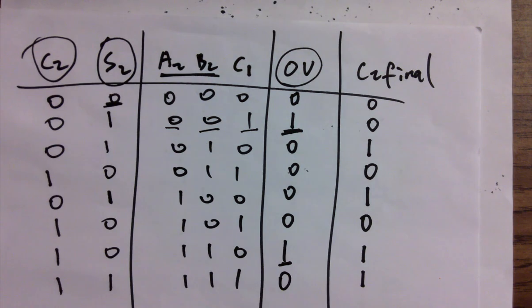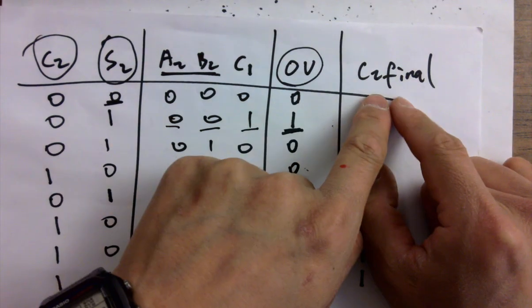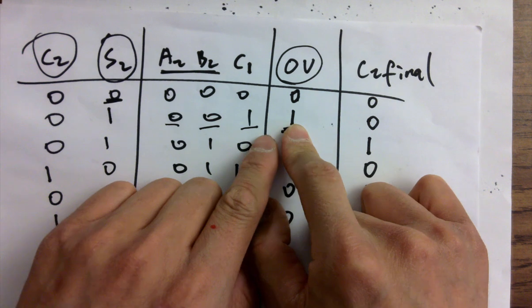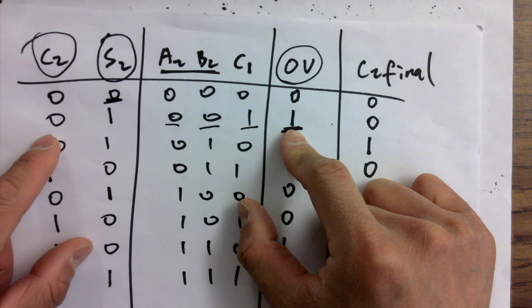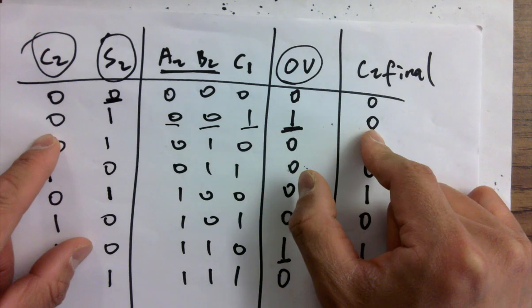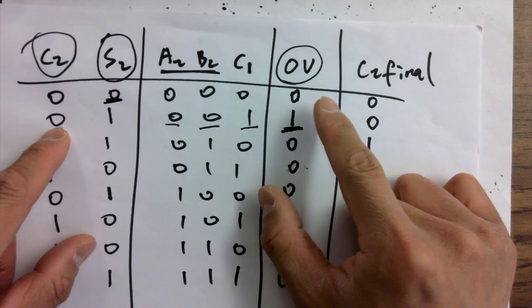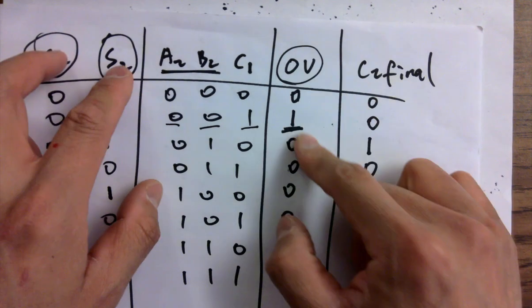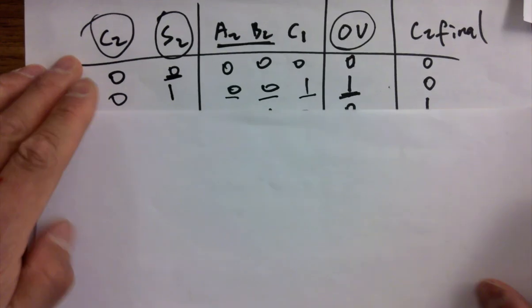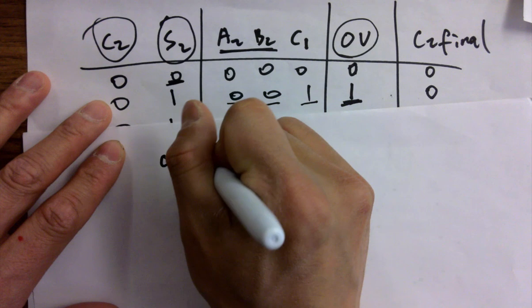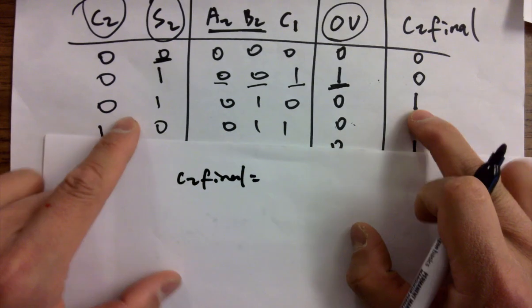Does that make sense? Remember when we were getting C2 final, like an overflow or not? If it overflows, we pick up this guy. If it's not overflowing, we pick up C2, S2. If it overflows, we pick up C2. Otherwise, S2. So we are looking at these 3 columns, and we can use these 3 columns to form the results for C2 final. So C2 final equals here